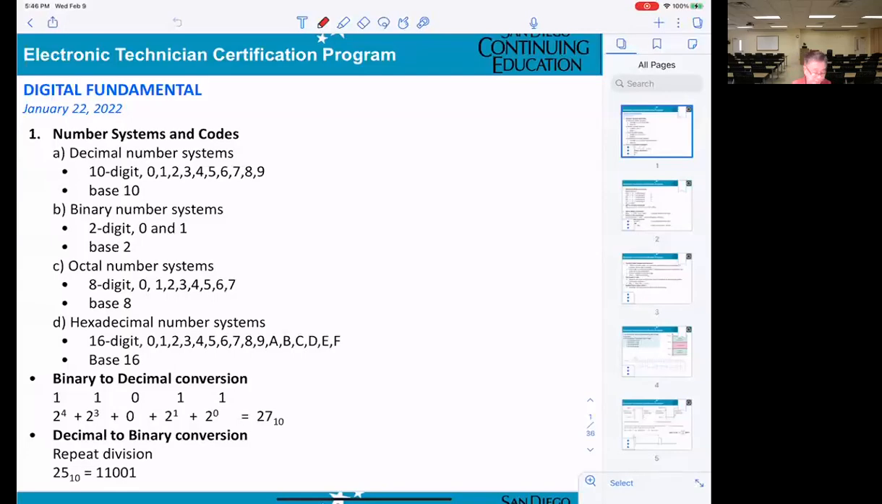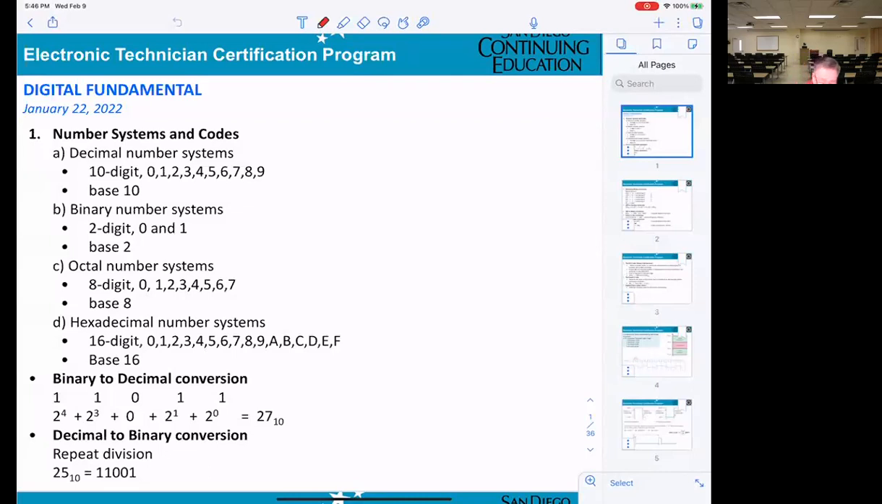Okay, the first one. You see this program, we're talking about digital fundamentals. That means we try to deal with the computer. So the first thing, basically, we have to get through